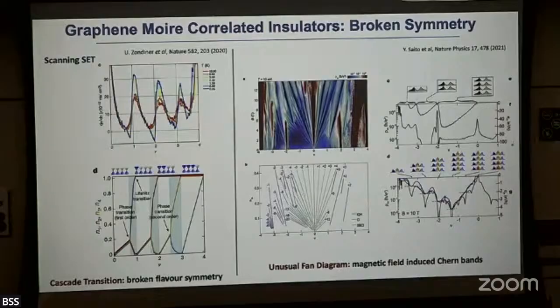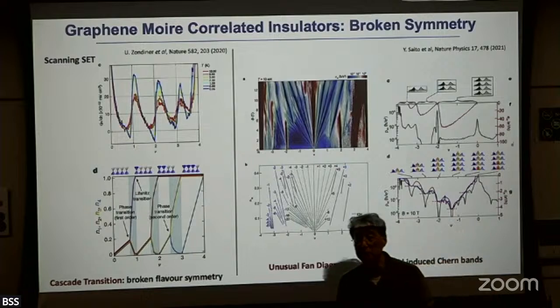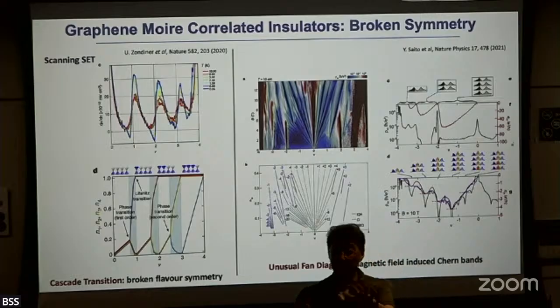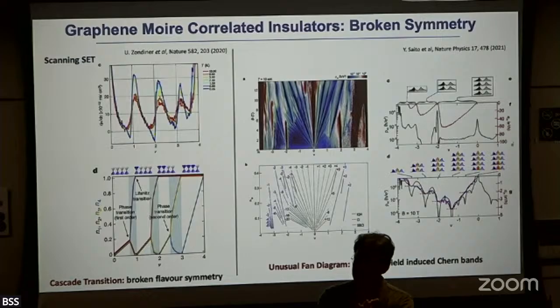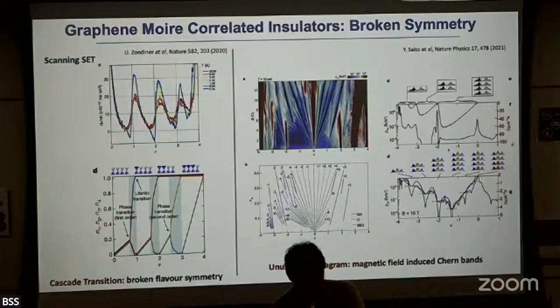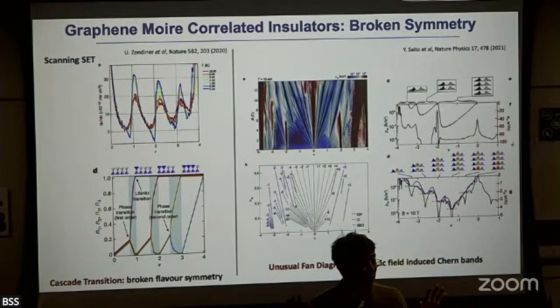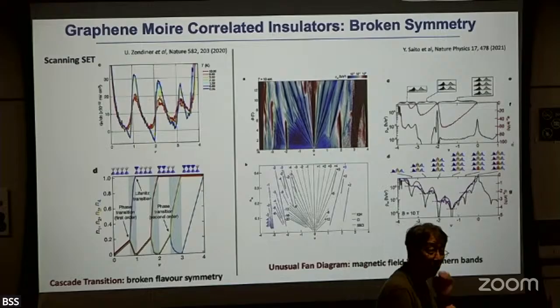Now, twisted bilayer graphene, by the way, has a lot of real experimental issues. Part of the reason is that you can imagine this is two single atomic layers just put together, so there are always some residual disorders. It's very difficult to control, right? You can think about somebody taking two pieces of Saran wrap and putting them together with an exact twisting angle between them. You can do that, but you can imagine that there are a lot of wrinkles and all sorts of things. So experimentalists need to deal with all these things.